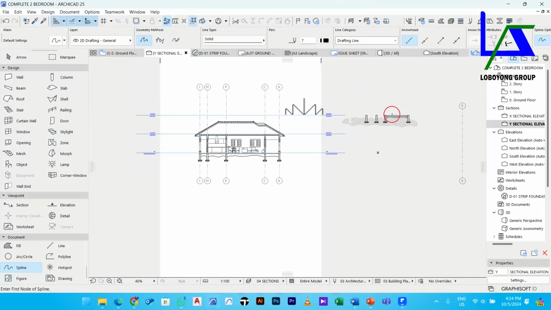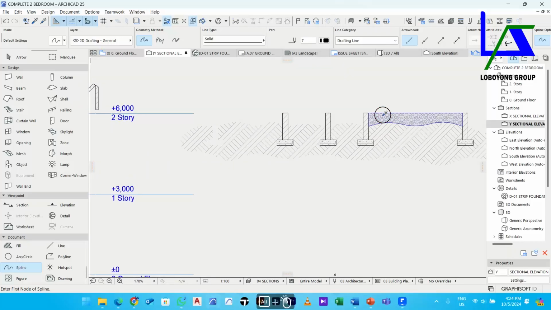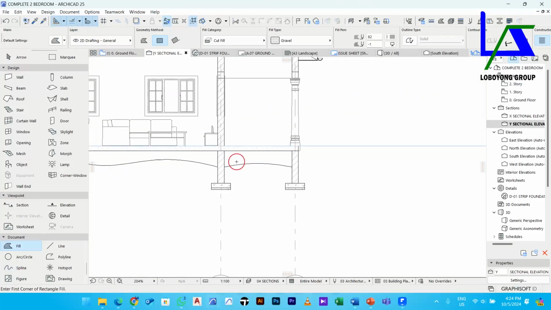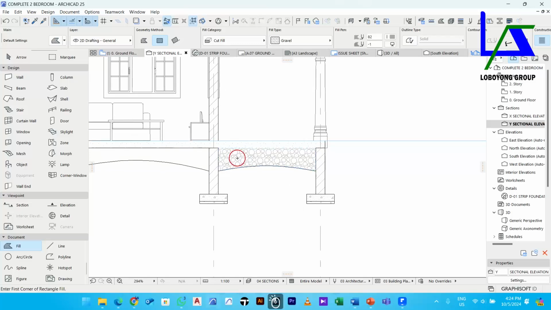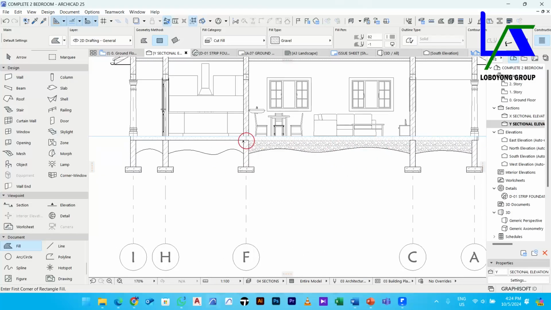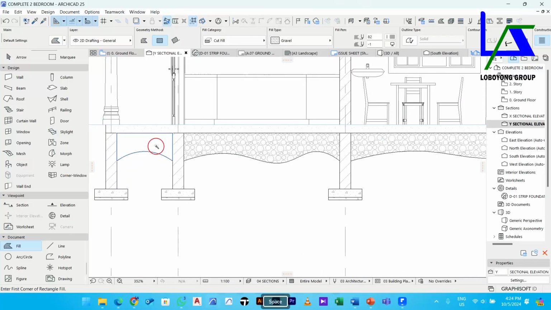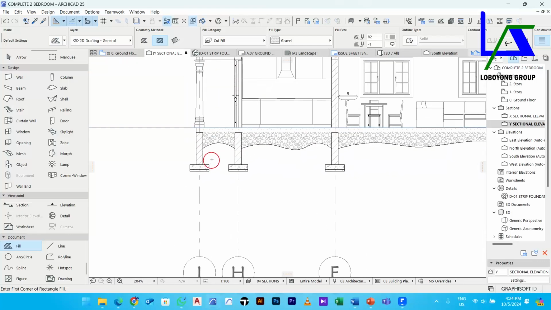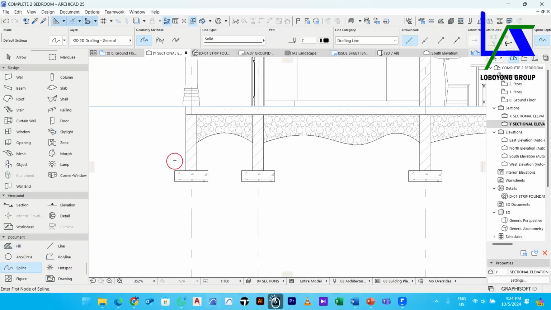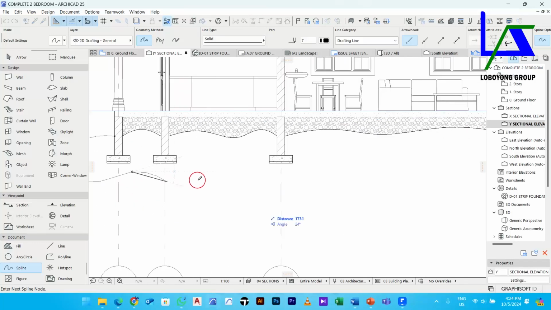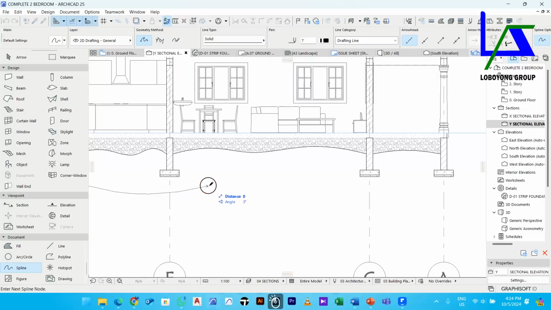Then now let's add the stones. Press and hold the space key, you click here, you click like this. So let's go back to the spline. Just draw some imaginary